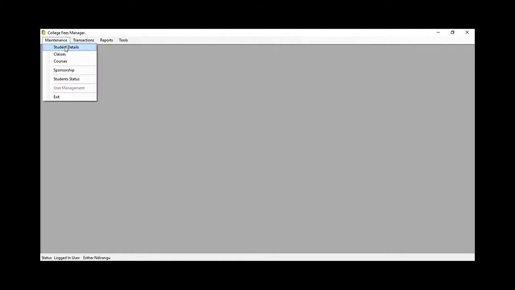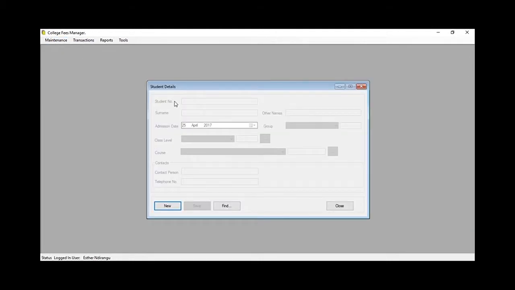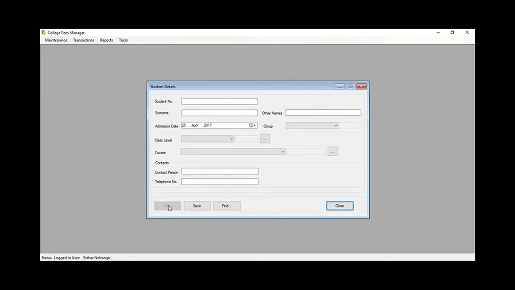The student details module assists you to capture the student details that you have in your institution, and this you do by selecting the new button